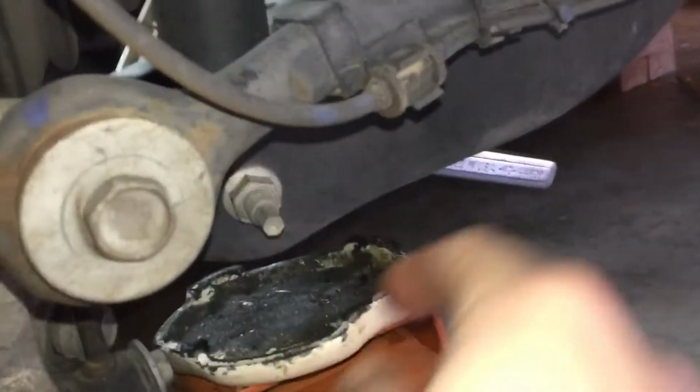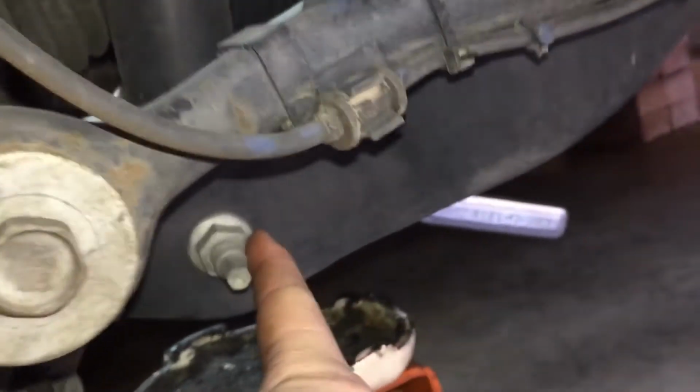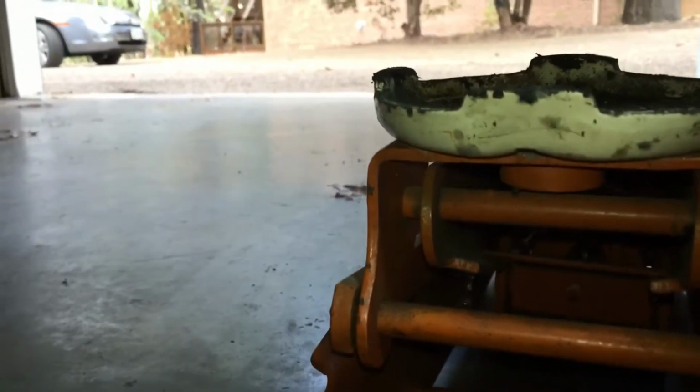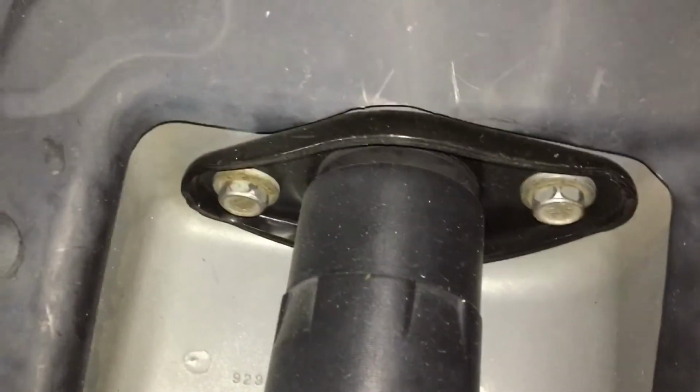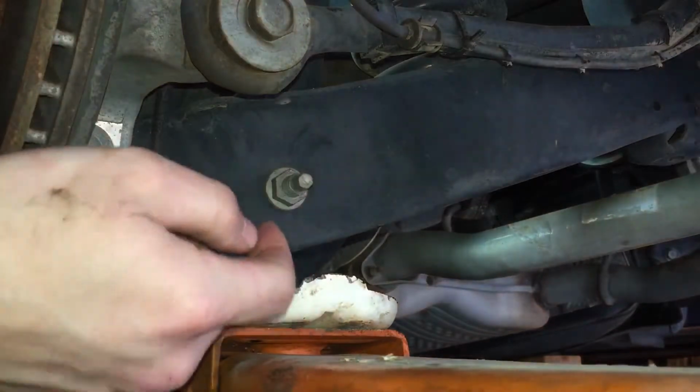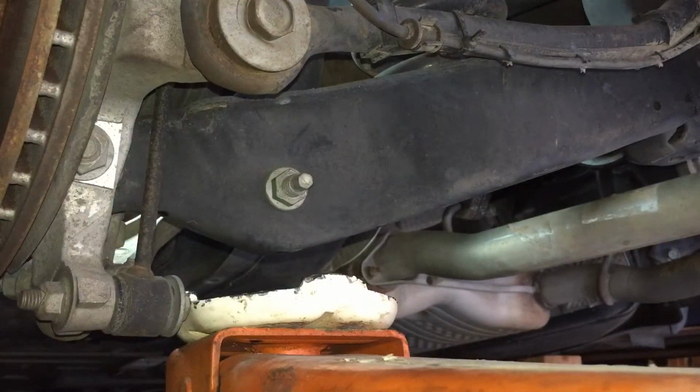This bolt, the bottom bolt, or nut, I'm sorry, this nut here is 18 millimeter, and the bolt end of it right here is 15 millimeter, and then the two on the top right here are 16 millimeter. The problem I have with this nut here is I don't have an 18 millimeter deep socket,